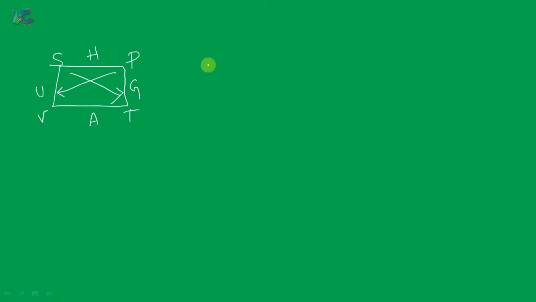So suppose you want to get the expression for dH. What you have to check, as we discussed in our previous lecture, is that H lies between which two variables. H is in between S and P. So you write ds here and dp here. Now with respect to S and with respect to P, the sign will be determined.